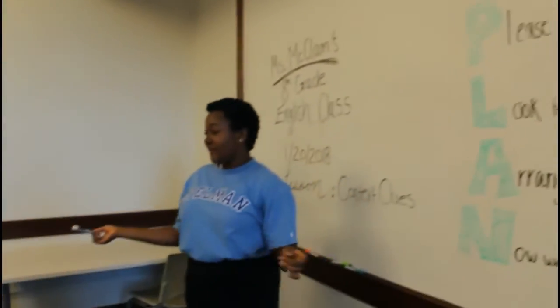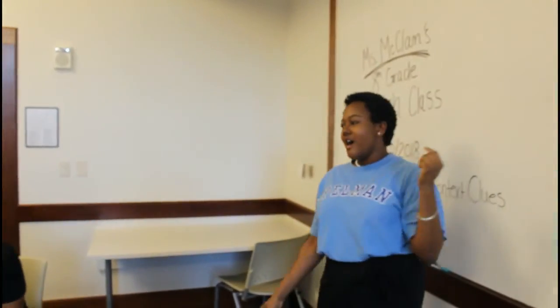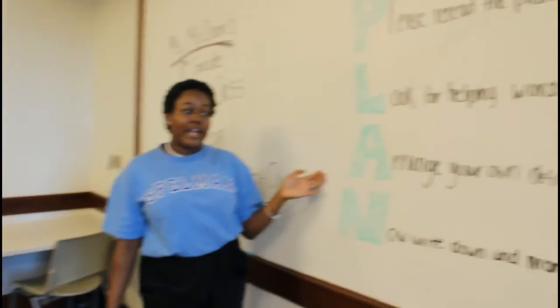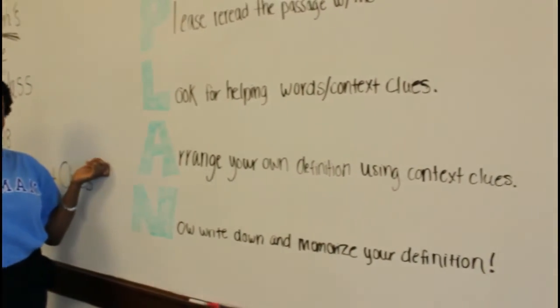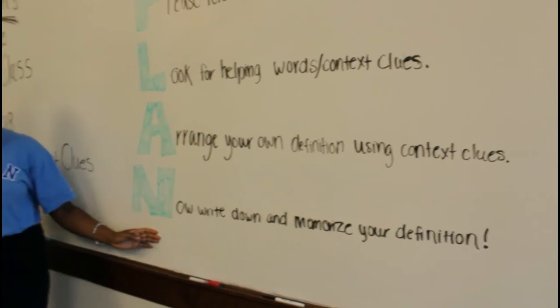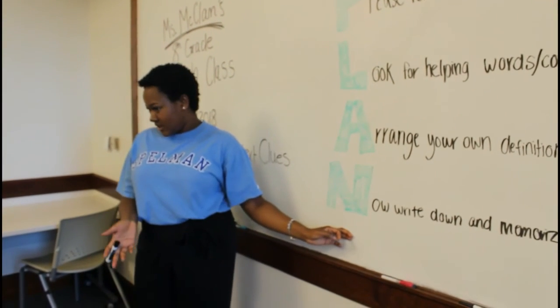Always remember to identify the word in the sentence and go back and reread to see if you can look for helping words or context clues to help you come up with the definition of the word. Then arrange your own definition using context clues. And then always remember to write it down and memorize it so when you come across this unknown word again, now you know the definition. 1, 2, 3. If you don't